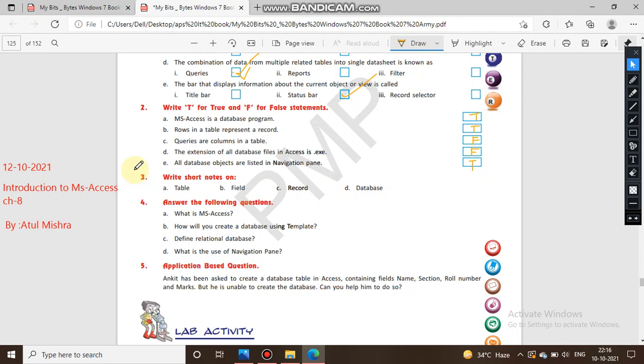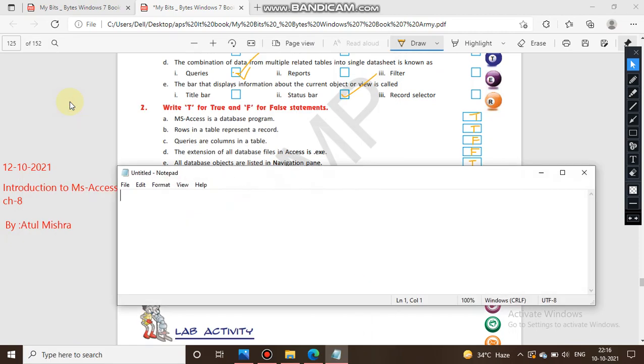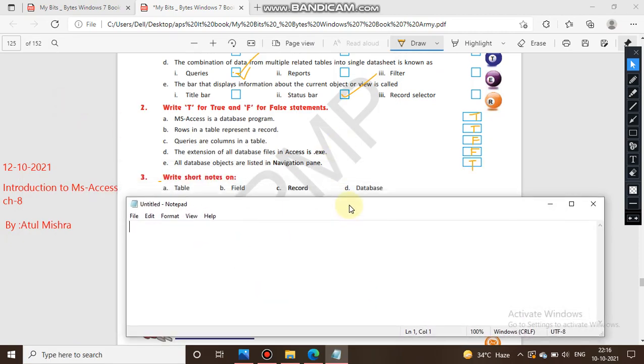Chalo. Now next, question number 3, write short notes on. Okay, so when we are writing short notes, table, field, record, database, so we just take the notepad. It has asked about the table, so write table over here.